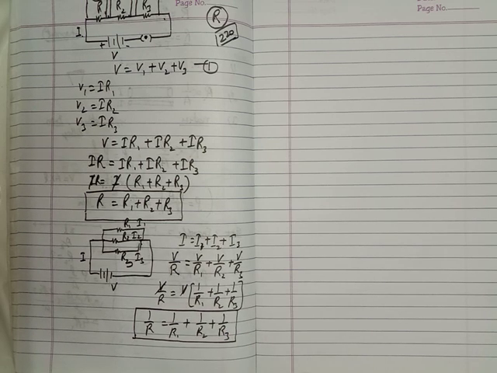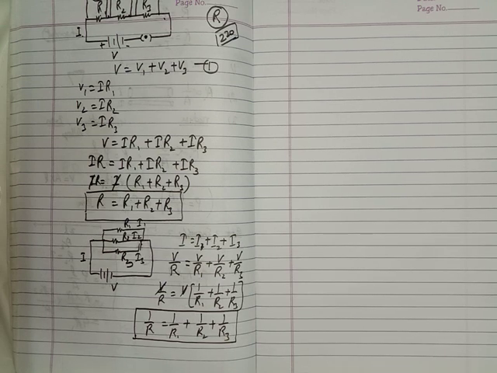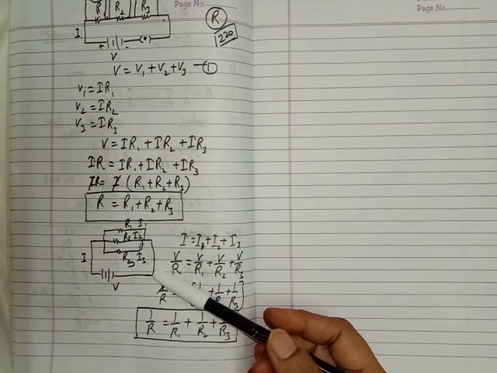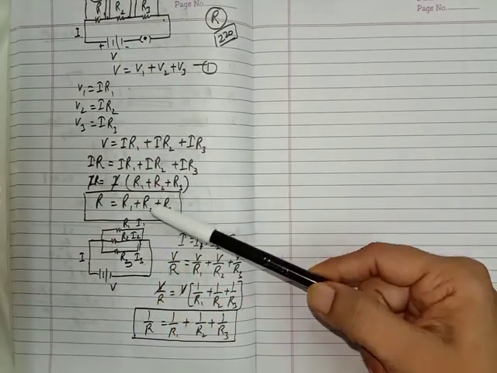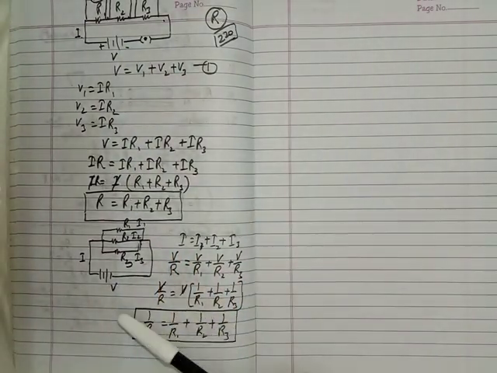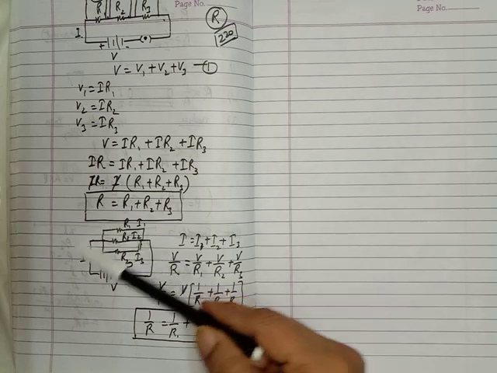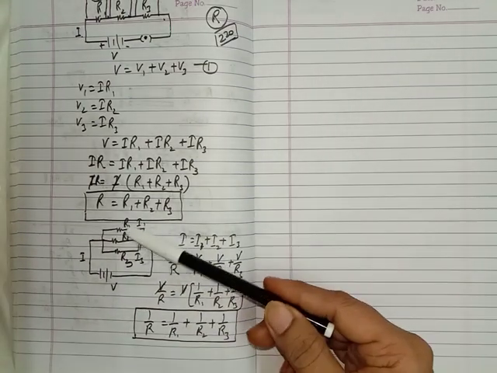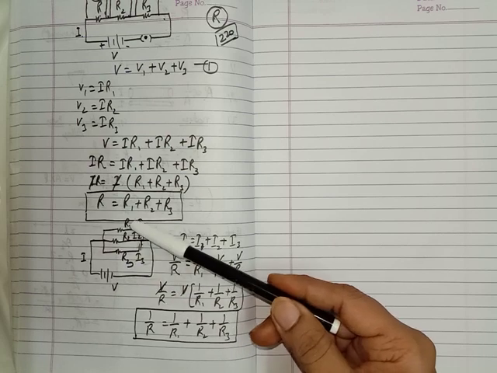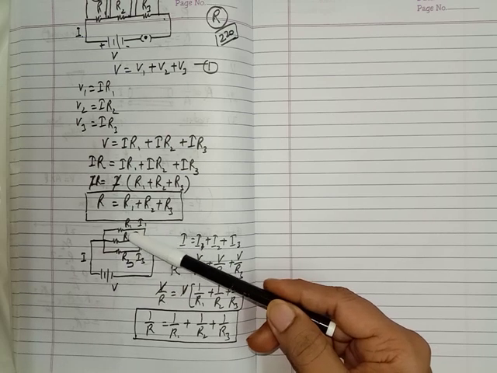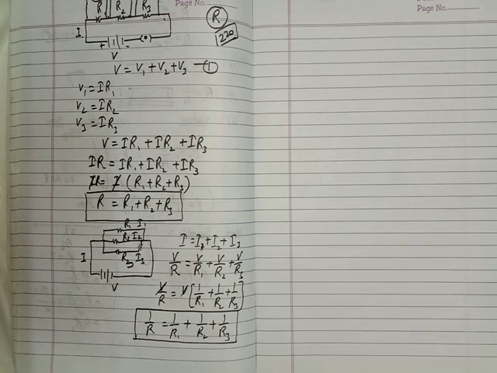So we can connect the resistors in a series or a parallel combination. Basically, in our homes, we don't use a series combination. We use the parallel combination, because in series the potential difference is going to be divided and the resistance also goes on increasing. In the parallel combination, the resistance of the circuit is less as compared to all three appliances, and the potential difference doesn't get divided. Okay, these are about the series and the parallel combination.